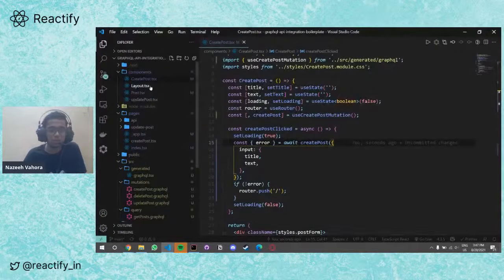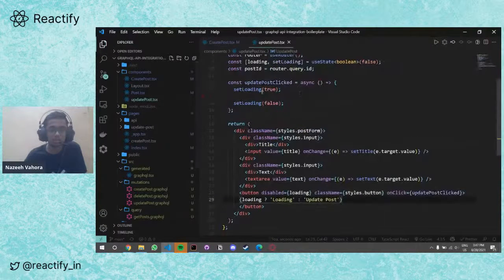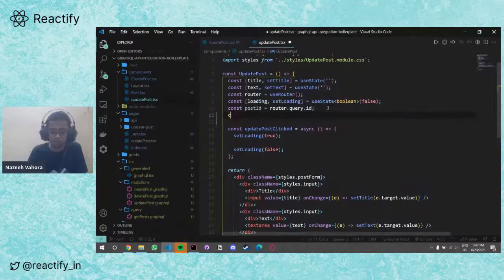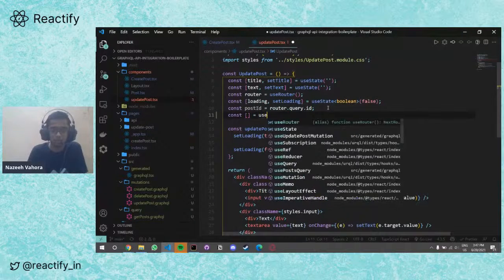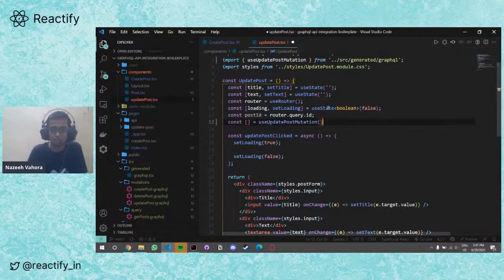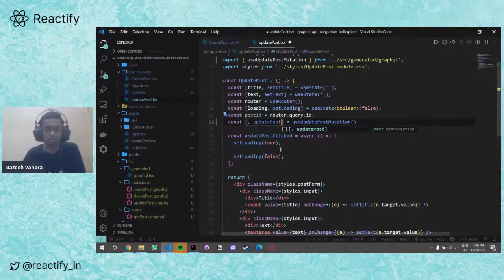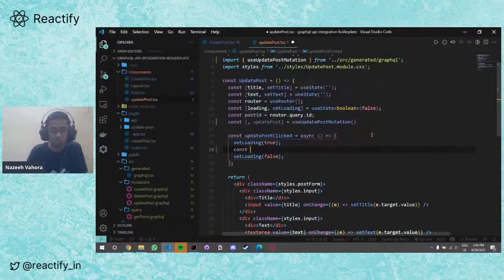So also add on clicks over there. Here in the update post, we'll also use the method from our code generator. Use update post. Here we go. Likewise, as in create post, we are not interested in the first argument. So also let's call this method.